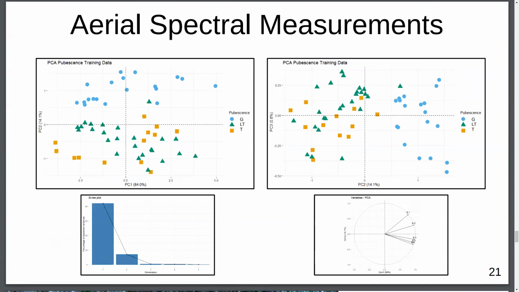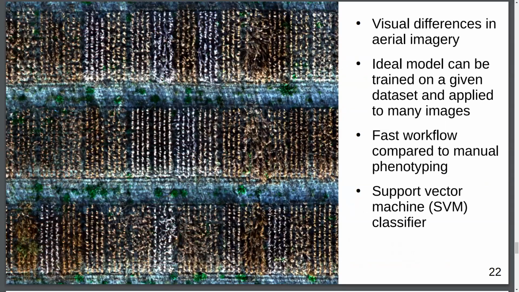We see a difference between our gray, light tawny, and tawny classes. And as well, we see on PC2 and PC3 that the gray is really separating out. So this is looking really promising. So, from an aerial image, we can see that there are definitely visible differences, and these subtle differences we're able